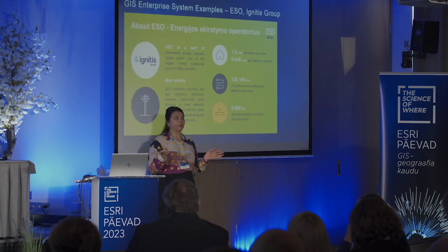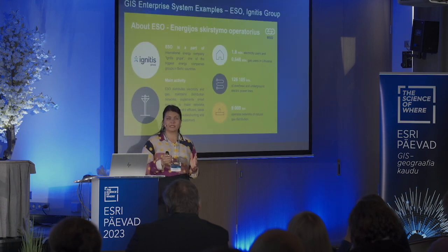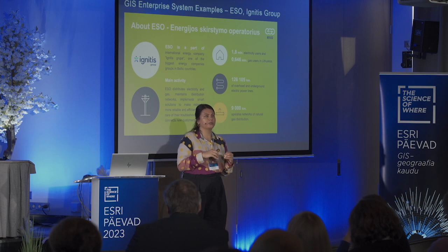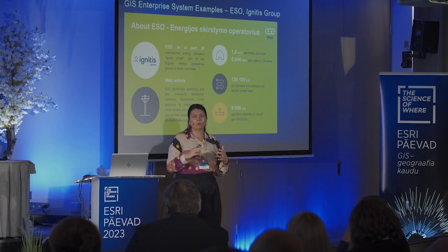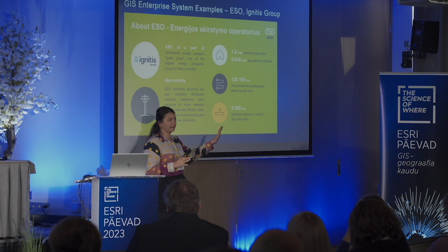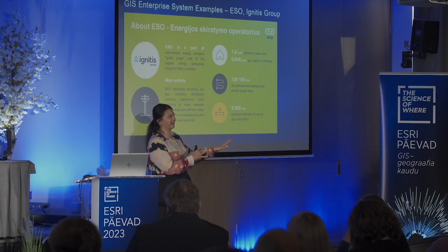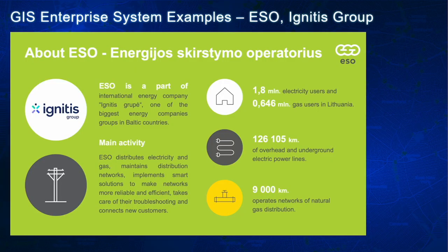So, as an example, I would like to move to a few customer examples that are already using Network Twin and Operations Twin. One is very close to you. It's just across, from my geographic standpoint, understanding across the border from Lithuania. A company called ISO. They are part of Ignitis Group. They are one of the biggest Baltic customers for us in utility space, and they are actually quite a large company. They have 1.8 million electricity users and over 500,000 of the gas users.